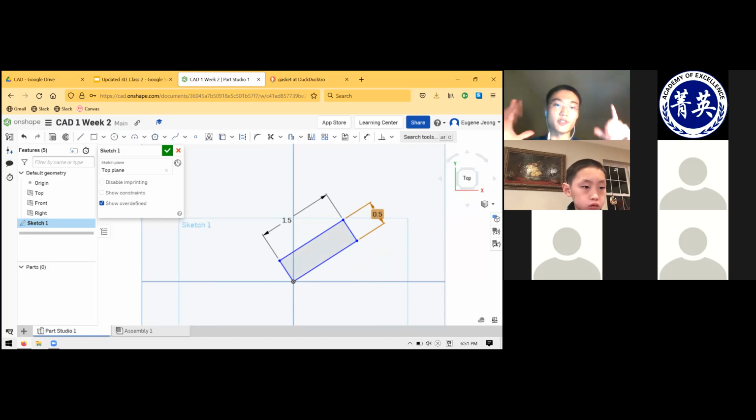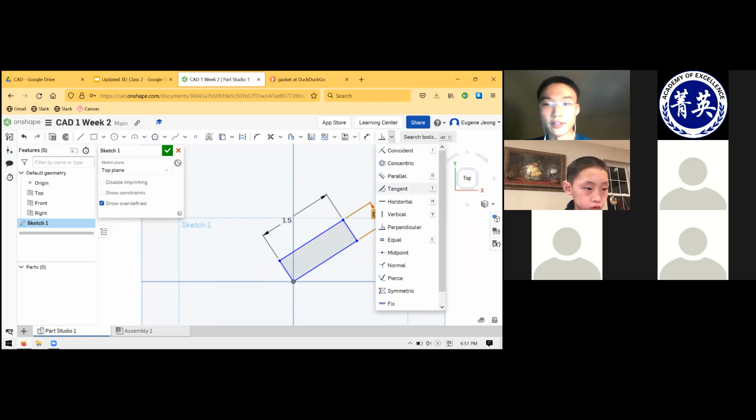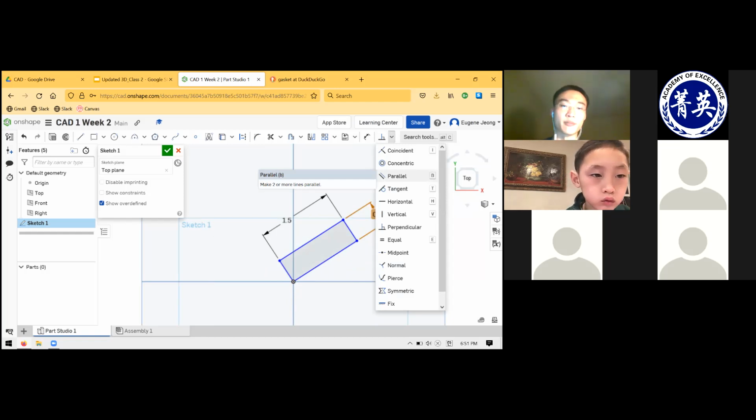So if the shape itself is changing, if it's not constrained to be forced into a rectangle, then what it probably means is that you're missing some kind of relation. If you've studied a bit of geometry, you know that there's a minimum number of rules that are needed to force a shape to be a rectangle, for example. And it doesn't always need to be the same set of rules. There are a lot of different sets of rules that you can impose on a quadrilateral to make it be a rectangle. For example, you can say that all 4 of these adjacent pairs of lines have to be perpendicular